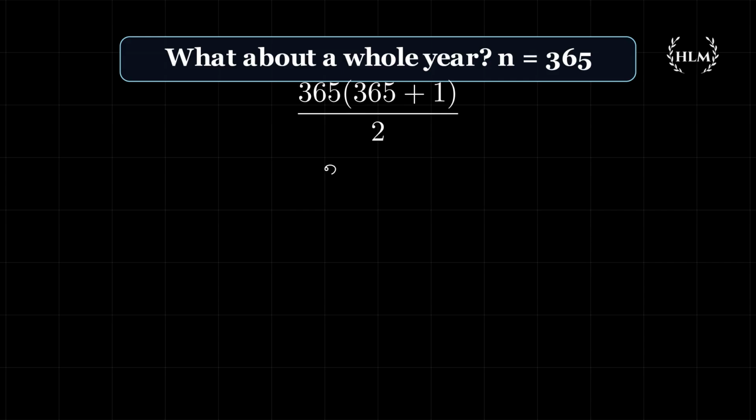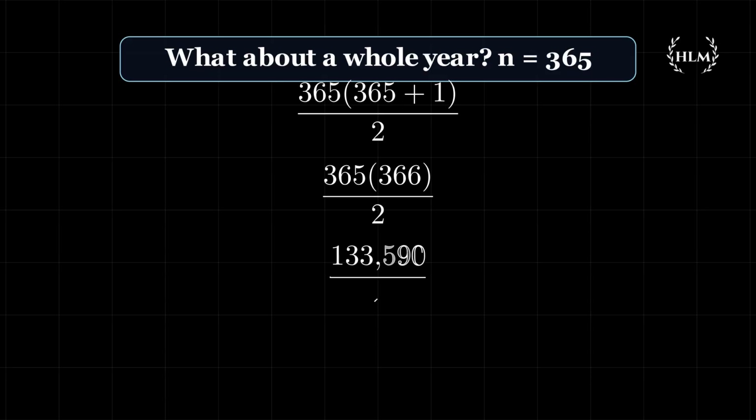And then in the end, we get 133,590 divided by 2, which is equal to